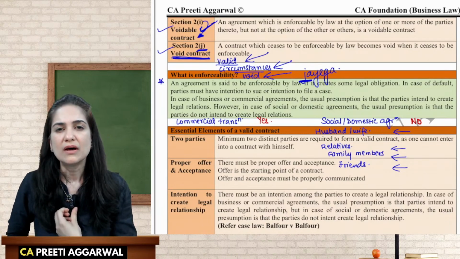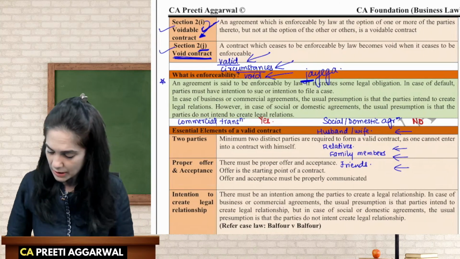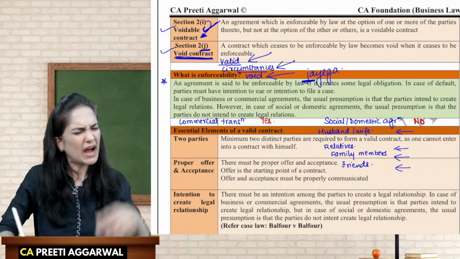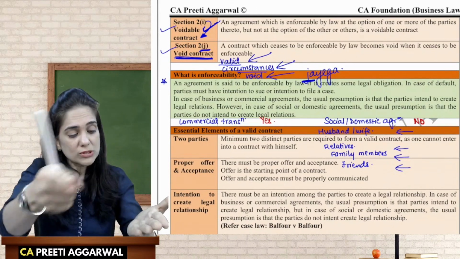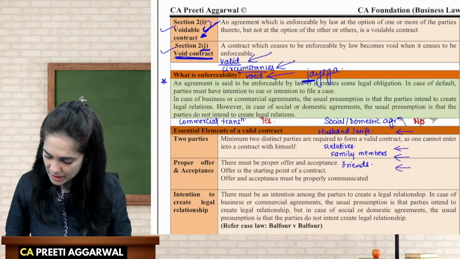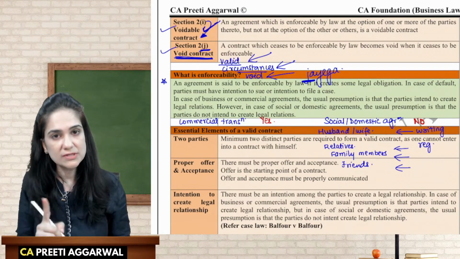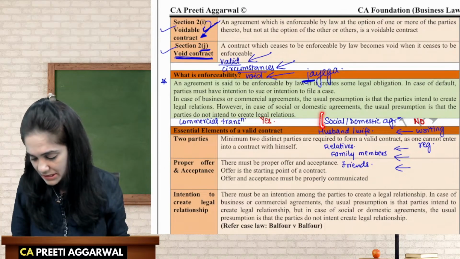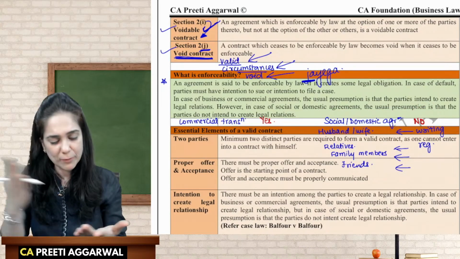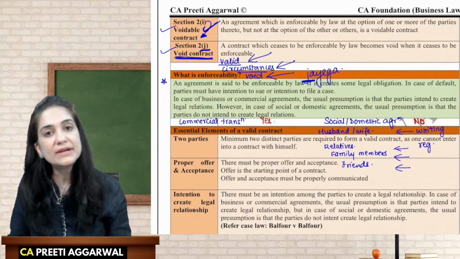I can add enforceability in it. How? Let's say that husband and wife enter into a contract. Wife tells the husband, I don't believe you. You write it, you sign it, we will get it registered. So if they make this agreement in writing, they get it registered. It means even though this is a social agreement, they are showing intention to create legal relation by putting it in writing, by getting it registered. Then in that case, this will be a valid contract.